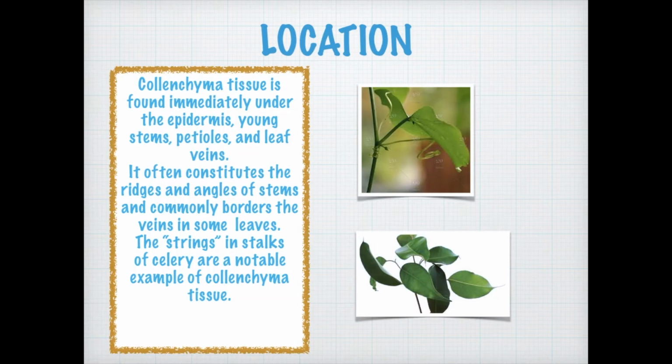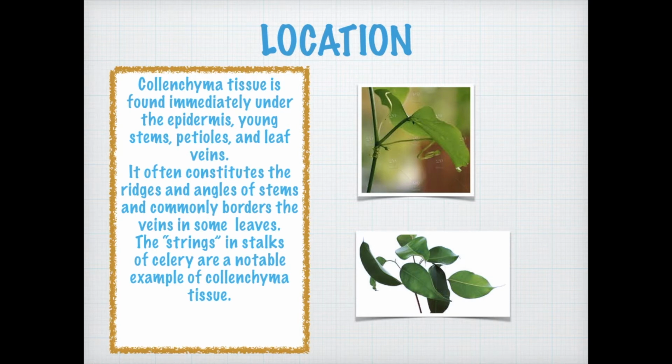So we begin with the first and foremost thing to learn about a tissue, and that is its location. Now, why are we talking about the location first? Because when you know the location, the function of the tissue will gradually become clearer to you. So whenever you are learning about a tissue, if you know the location, you will be very clear about how to remember the functions.